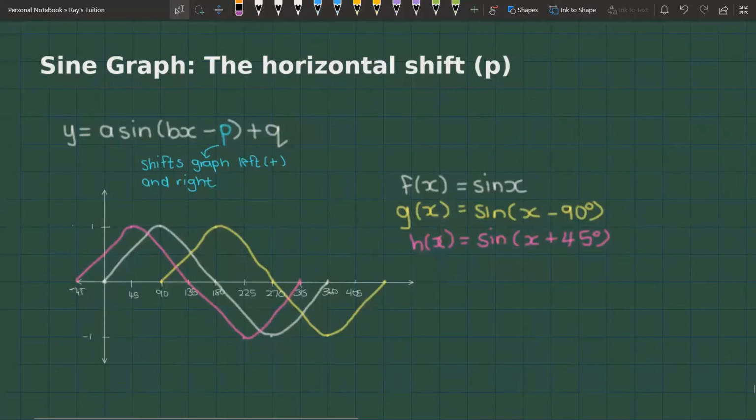Everybody, and welcome to this video on the sine graph. In this video, we have a look at the horizontal shift, which is represented by the letter P in our